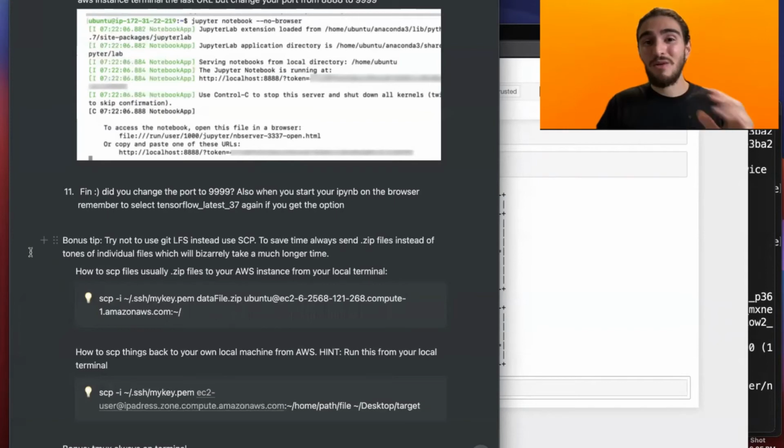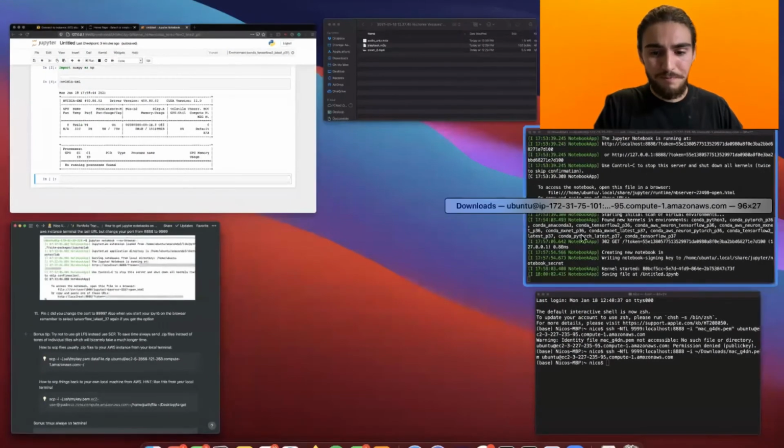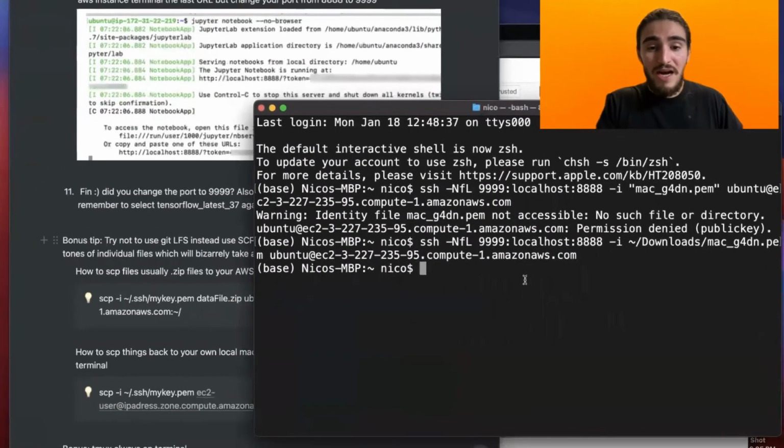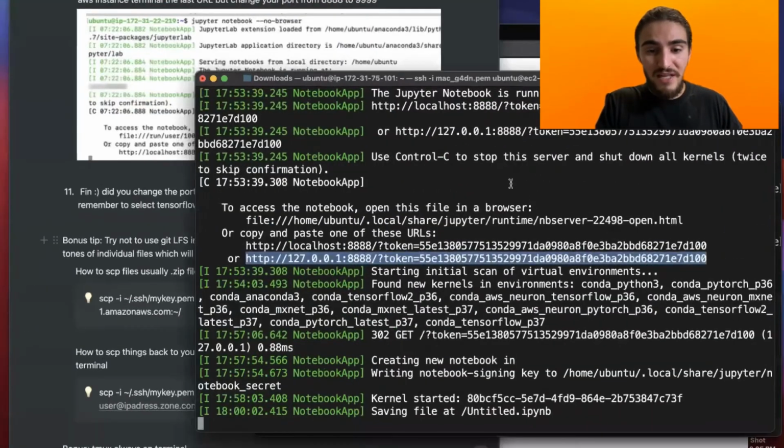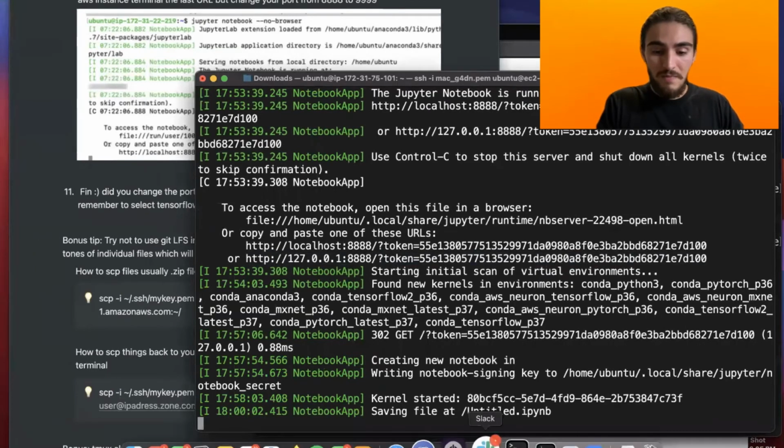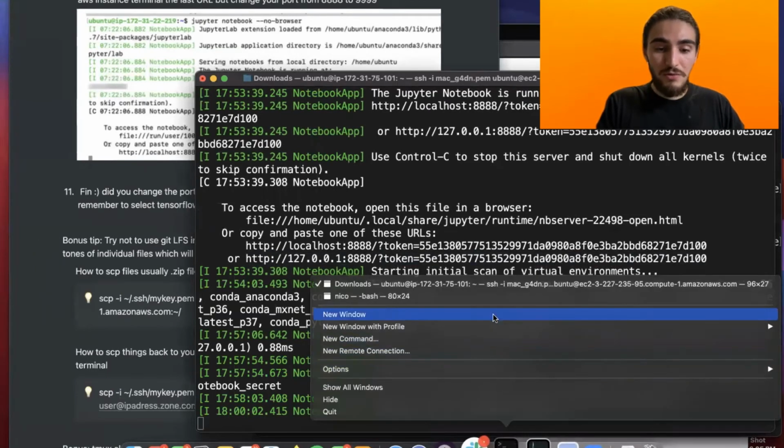Now once you get this done, you're going to have every step necessary to be able to run any model on your AWS. Because right now you're able to get code. Maybe let's say you want to use GitHub. You can easily do a git clone. Let me show you how. You will notice that on this terminal, which is your AWS terminal, you're kind of locked up right now on this Jupyter Notebook. But no need to worry. You can very easily open a new terminal